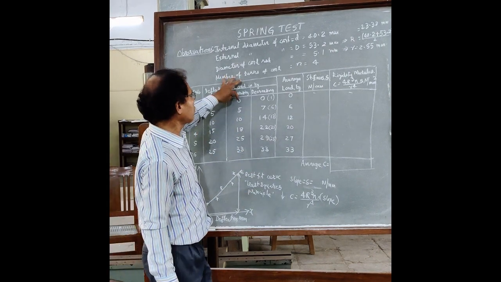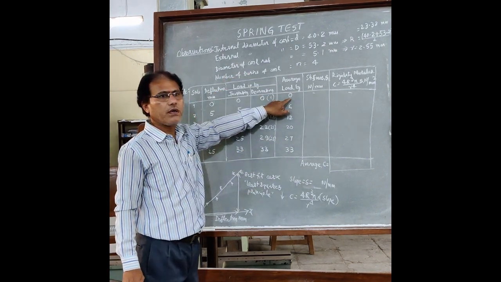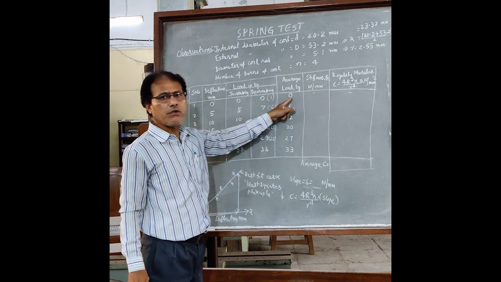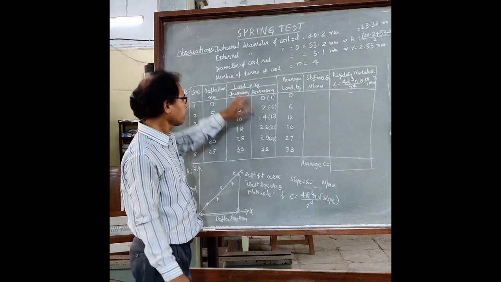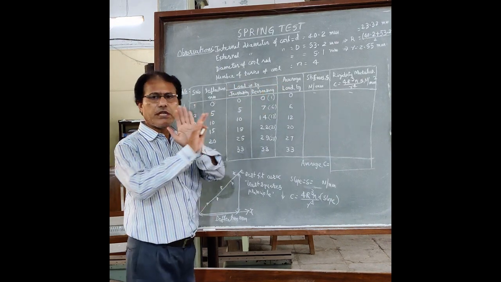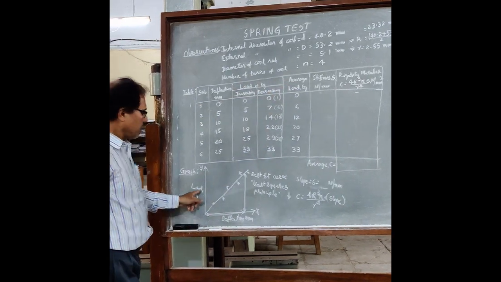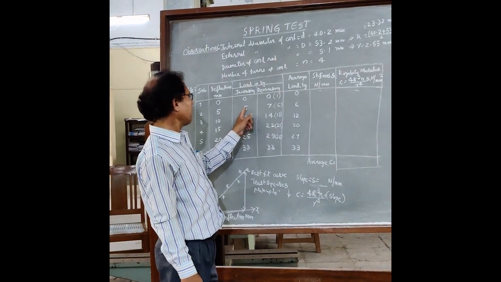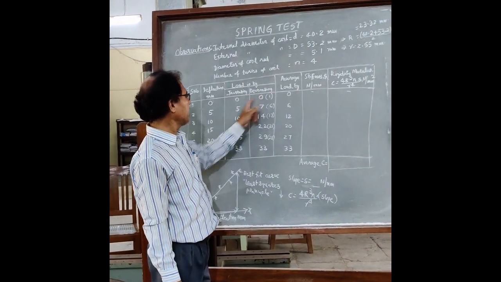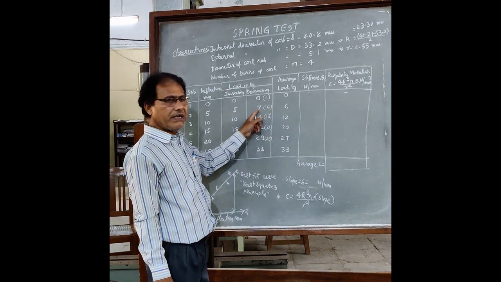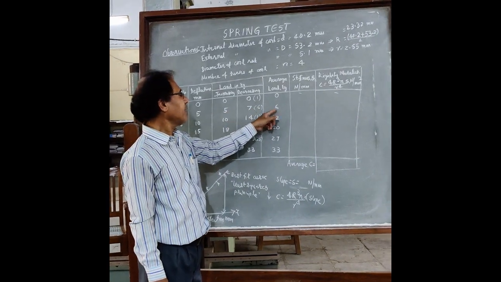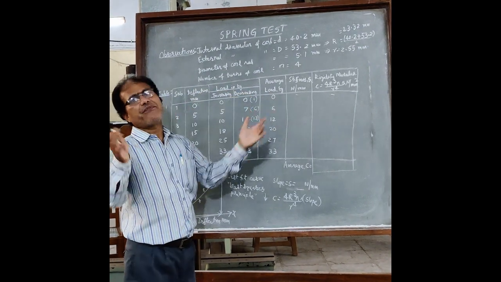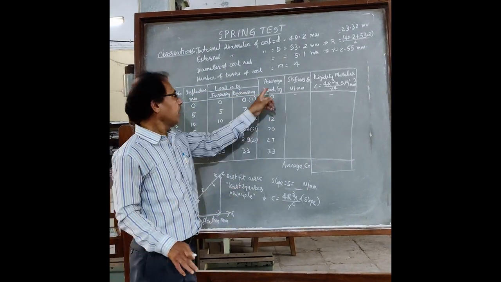Now you get the average of these two. 0 plus 0 is equal to 0, right? But don't say 0 plus 1 is equal to some 1.5. That is not acceptable, right? You say that is 0 when there is no load, no deformation, right? And now you take the average of these increasing and decreasing loads. 5 plus 7 divided by 2, I get 6, right? If at all there is an error, 5 plus 6 by 2, 5.5 kg, right?